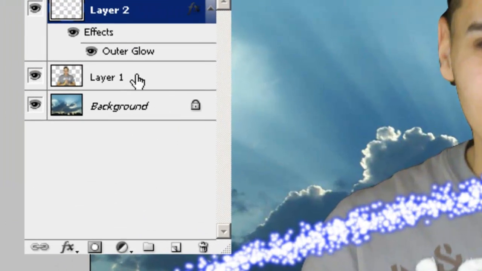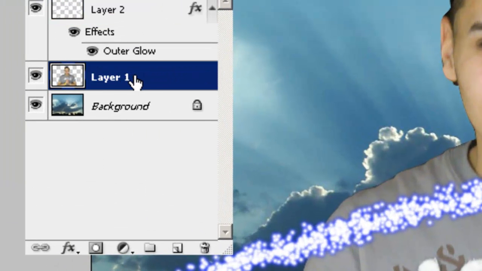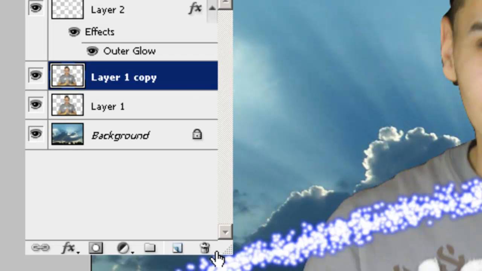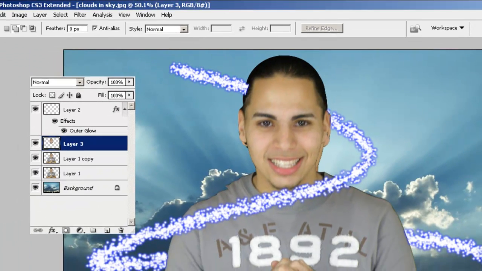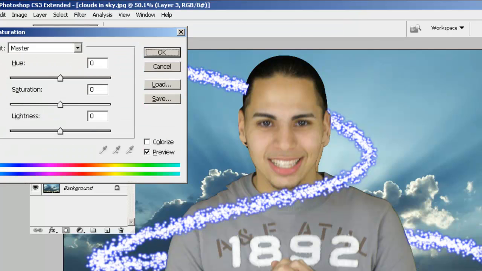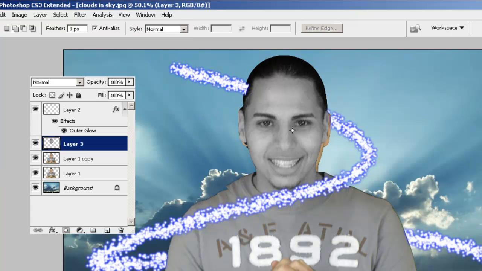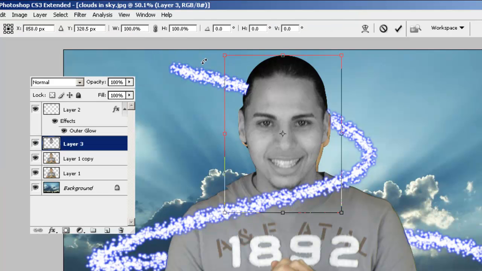I'm going to now do something a little different. I'm going to click on the Joselito layer and drag it to the new layer box. And when I do that, it creates a copy. With this copy, I'm going to switch to the marquee tool, and I've got the elliptical selected. And I'm going to press Control C, Control V. I'm going to now press Control U to desaturate it so it's black and white. I'm going to then press Control T